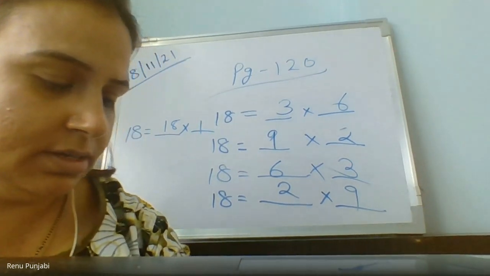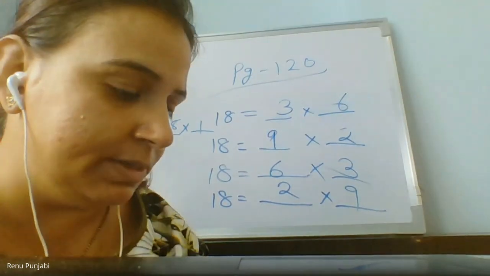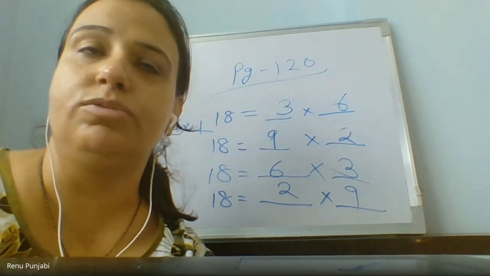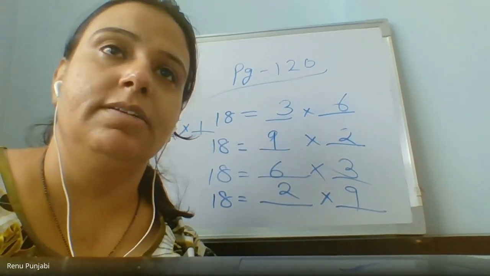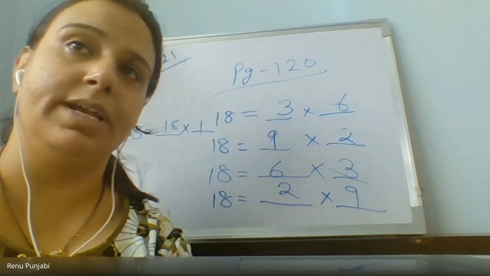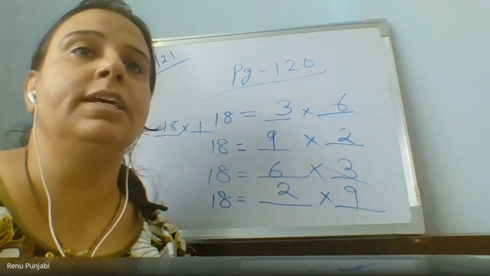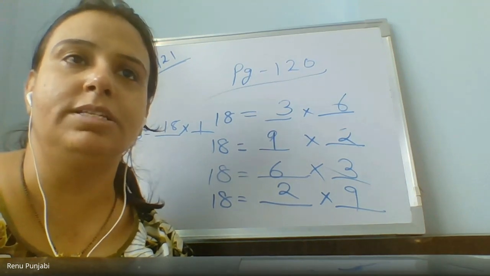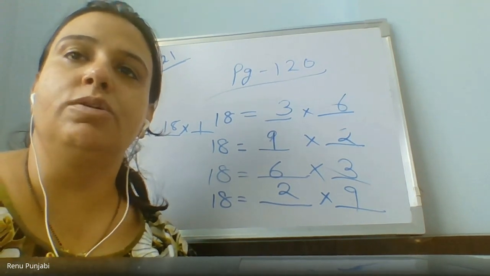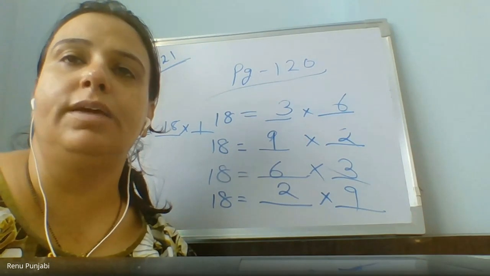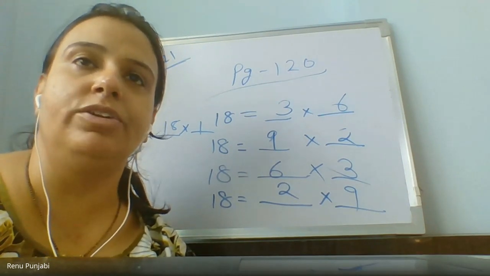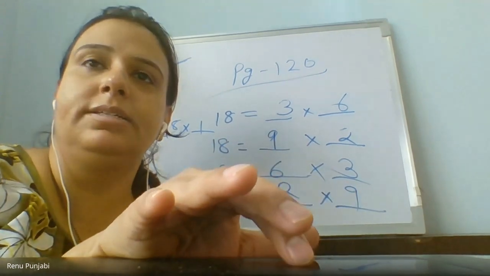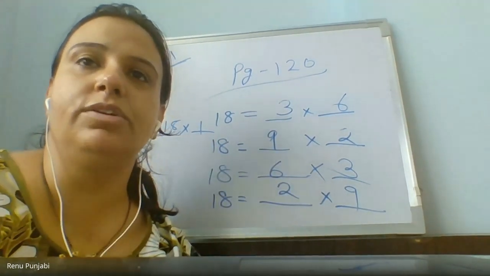Now, children, before understanding the trick of anything, it is necessary to understand that thing, right? For example, it's written table tricks. So before learning the tricks of the table, we should know about the tables. We should learn the tables. Clear? That's the reason I told you to learn the tables from 11 to 15 and write them in your notebooks. I hope everyone completed the tables in the revision notebook.